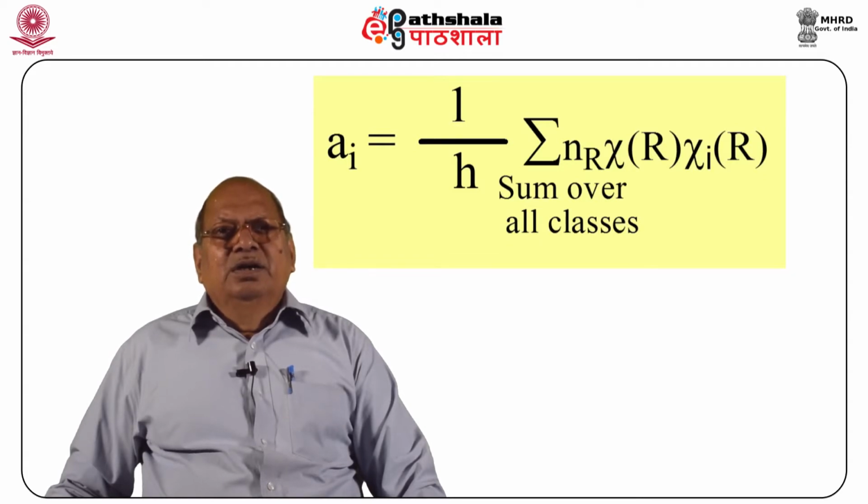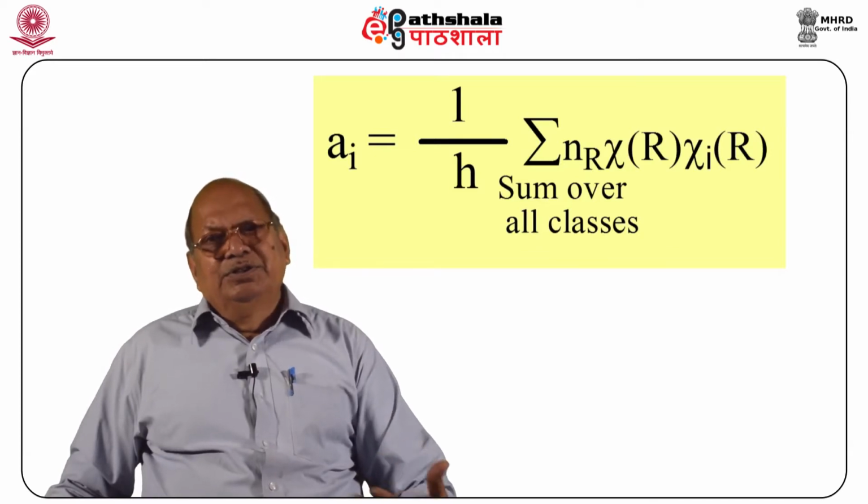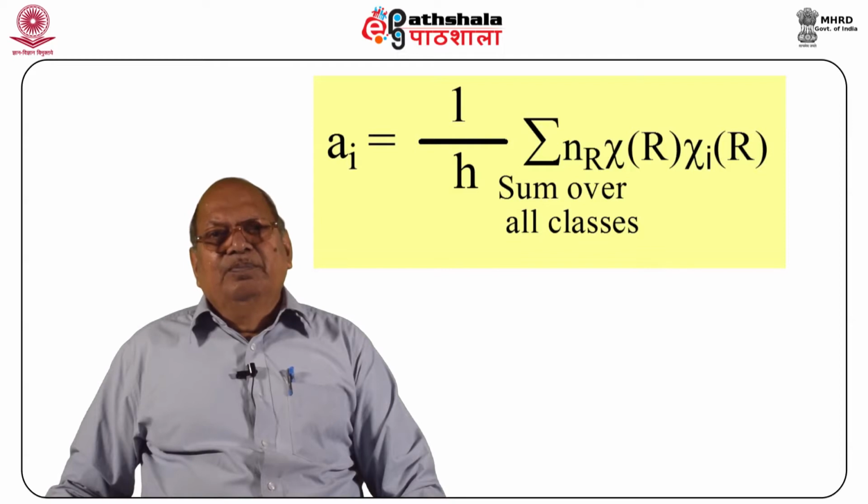Tau i can be used to find out, first, whether in a reducible representation there is an ith irreducible representation, whether there is a tau i or not. Second, if tau i is there in the reducible representation, how many times it is present. The equation which we have stated above can now be used to reduce the reducible representation. For this we will take a few examples.